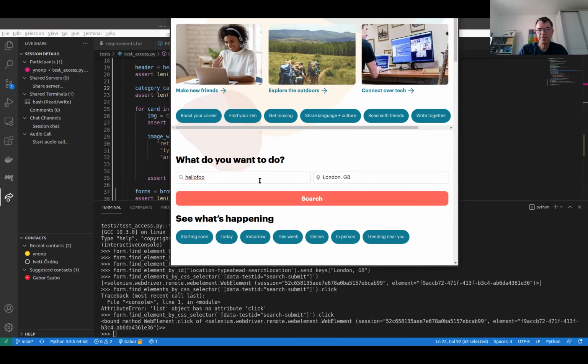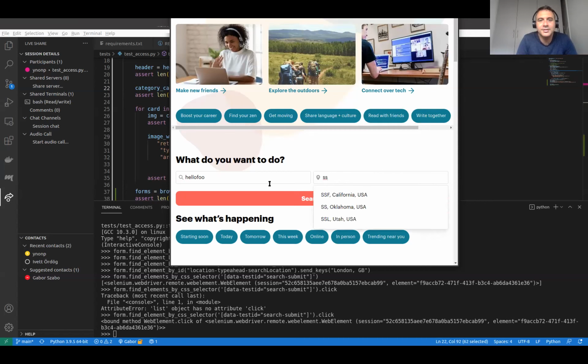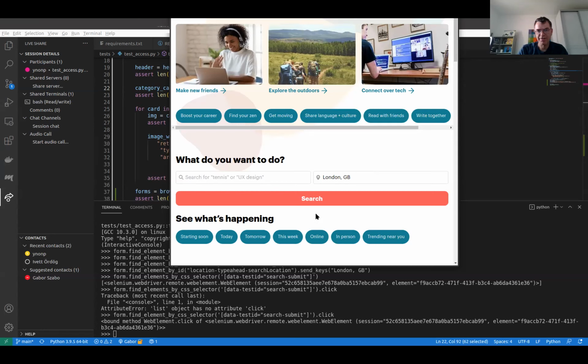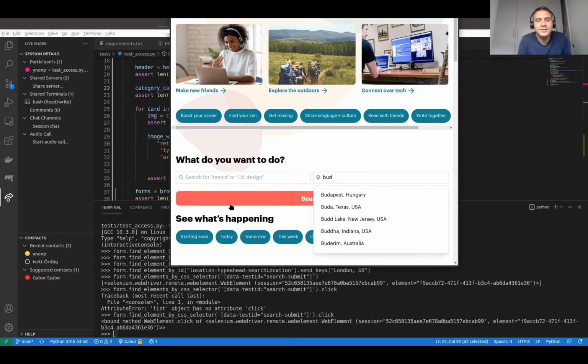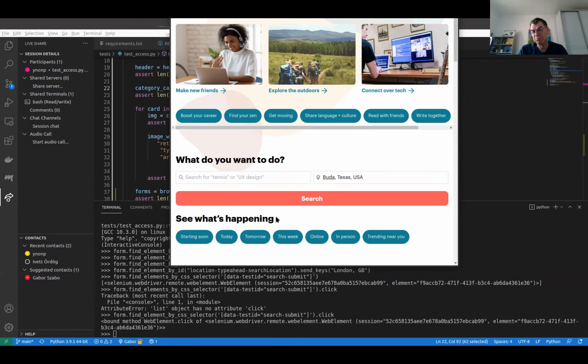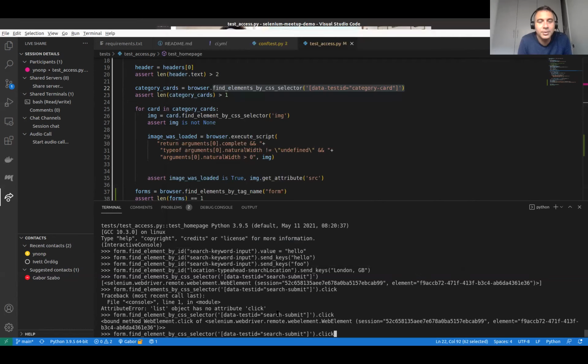Just type something and then don't select from a list, and you see that it disappears. It goes back to the original one. Yeah. This is horrible, that weird component. Exactly. It's not a bug. It's how they do stuff. Buddha, Texas. This will work because you selected from the dropdown. Okay.